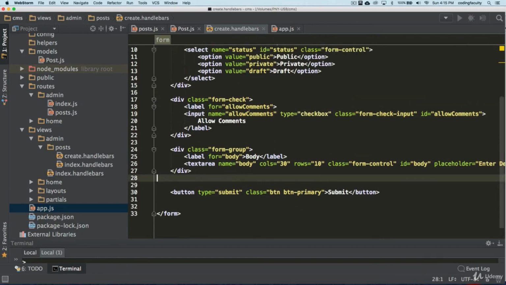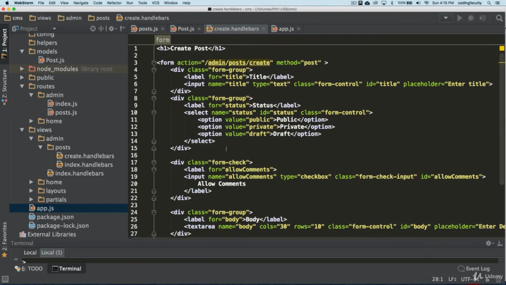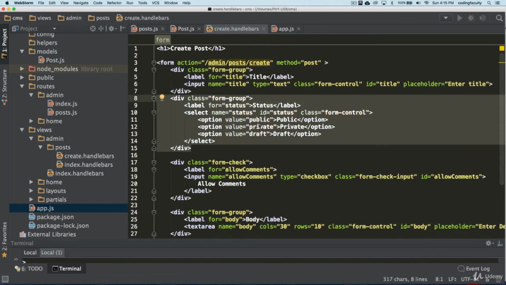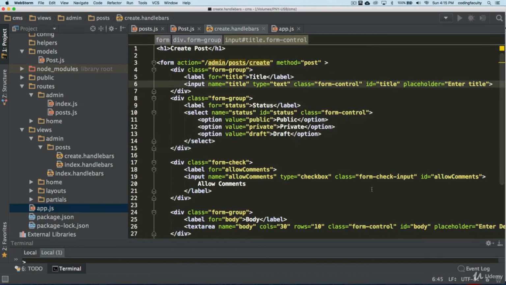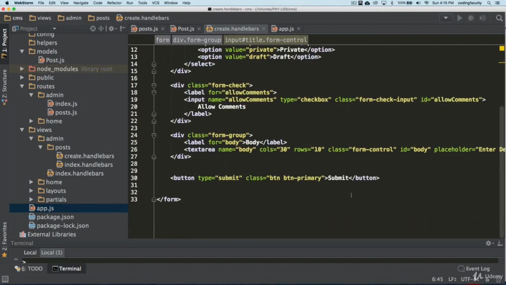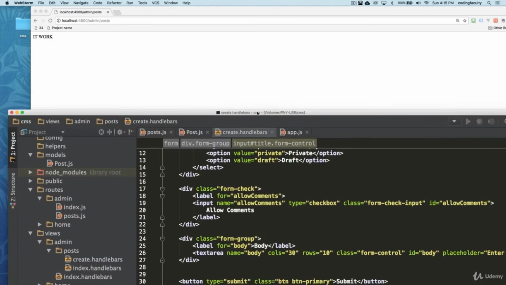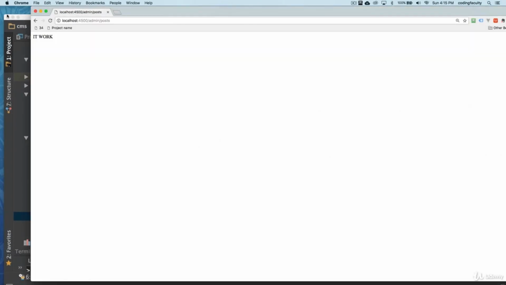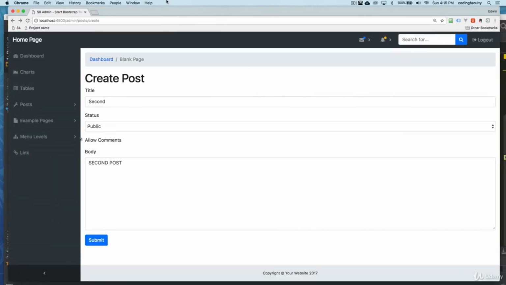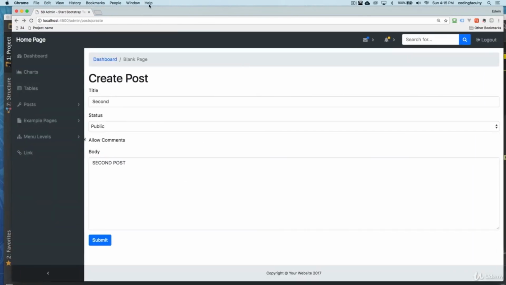We got the body, we got the allow comments true, the selected, we have it, it's working. So we don't have much to do here. Maybe later on we'll add some images, you know, how to upload images, but that's going to be a different section. I want to show you the CRUD first, then we start adding different features to our application.